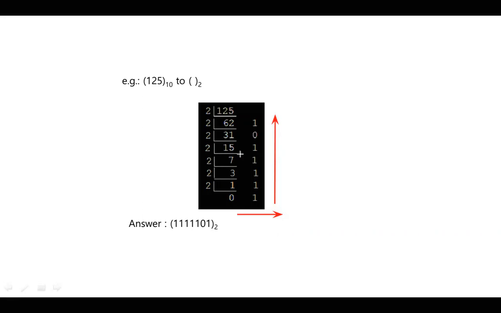Sometimes what happens, we will not do one step. We will avoid this step because this is of no use. So the numbering can be from here itself. So 1, 1, 1, 1, 1, 0, 1. We can follow that. So that is why the arrow is like this. So avoid this step and let us go like this.